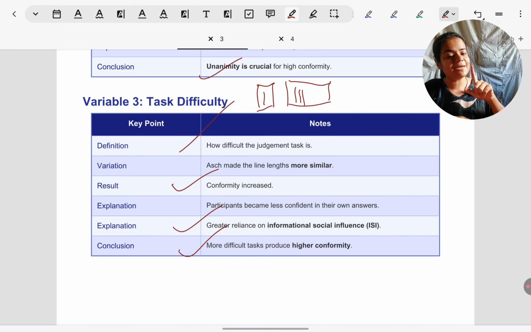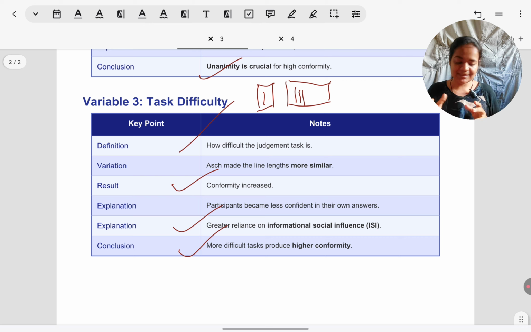So not only are people fearing being rejected by the majority, now they also have a desire to be correct and they are not sure whether they are correct or not. So from that point of view also, they are looking at the majority. Means they want approval also from the majority and they are seeking the right answer from the majority. So because now these 2 forces are playing on the participants, they are more likely to conform. That's why conformity rates increased.